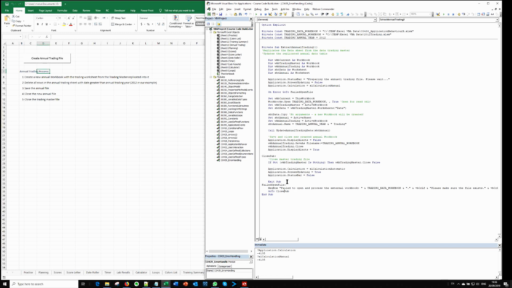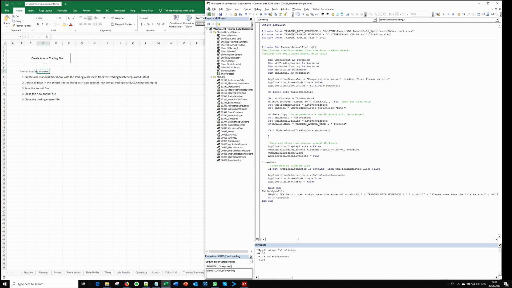Let's add another event, since here we are attempting to save the file. As you can see, we are saving this file, and again, we cannot anticipate all of the possible situations that may occur when we address the hard drive or folders or files. So we want to make sure in these cases that we take control in case of an error happening. So just before that, I will call again the On Error GoTo failed